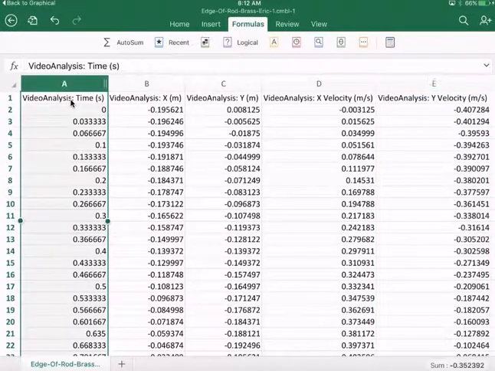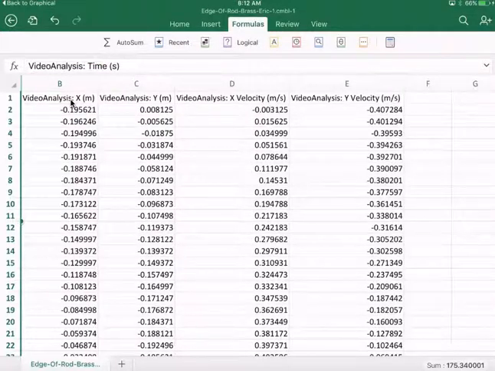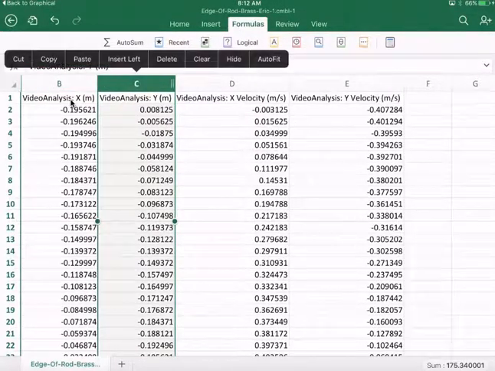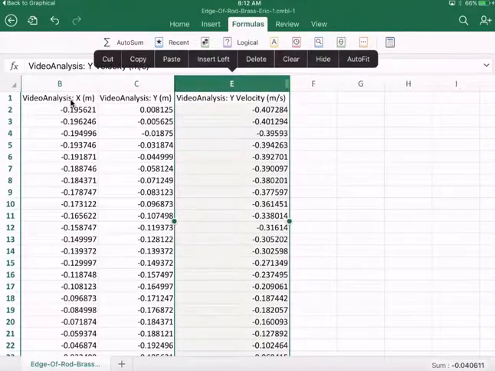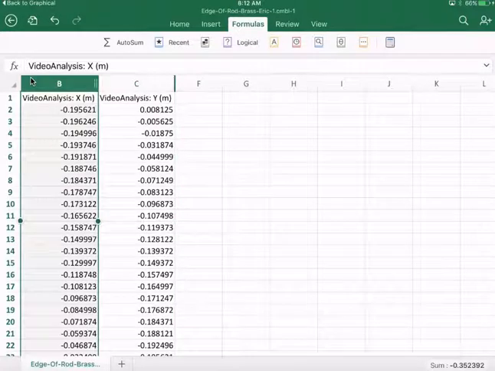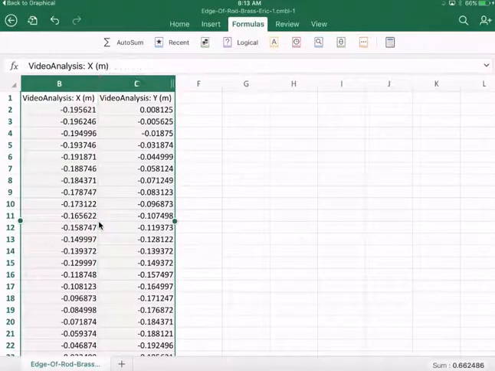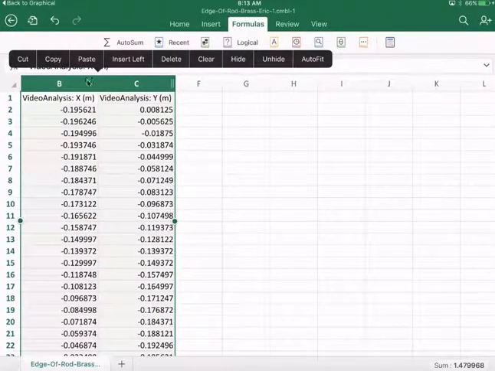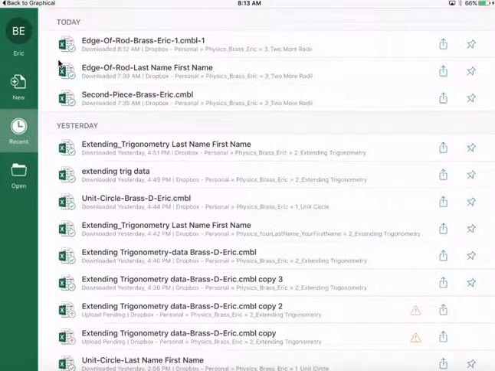So time we don't need according to the theory, so we're just going to hide that. X we do need, Y we do need, the X velocity we don't need, and the Y velocity we don't need. So again, we're just hiding those, not deleting. So let's go ahead and select on column B and then select our handle down here. Drag over. I'm going to go ahead and copy that information. And then we want to go back to